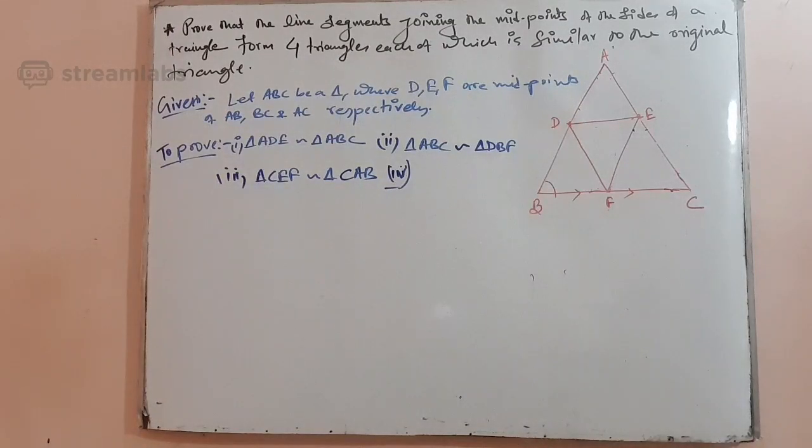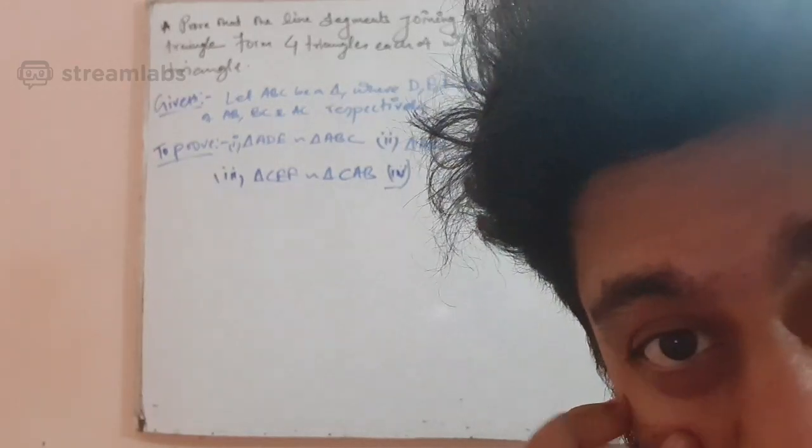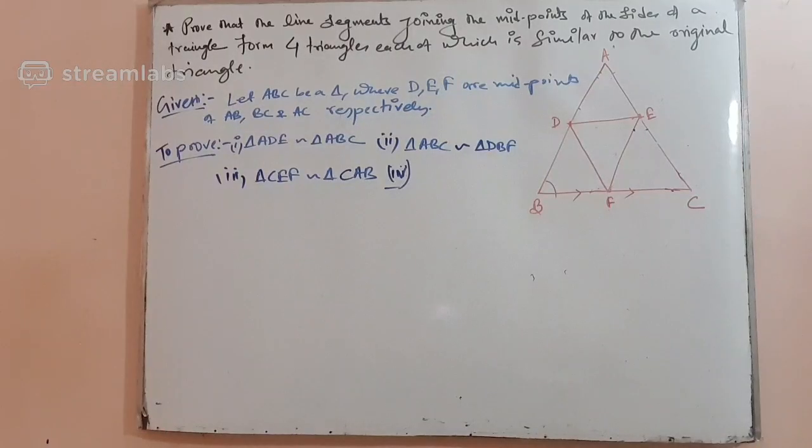श्री ने कमेंट किया है ABC FED, मतलब श्री बता रही है कि A के लिए F और ABC के लिए FED सही है। ओके, इज शी राइट? She is telling it should be ABC FED. Why and how it should be ABC and FED? Let's find out. Pritam has commented ABC FD. अच्छा।